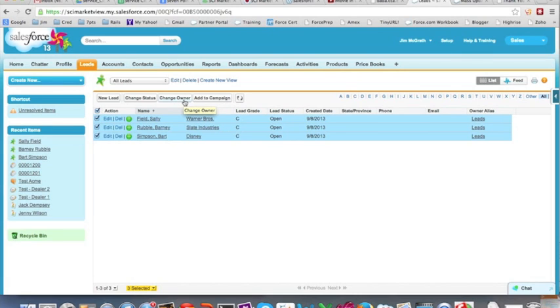Now, if you don't see the Change Owner button on your list view screen, that means that your profile is not allowing you that permission. So you're going to need to talk to your system administrator and ask them to give you the Transfer Leads permission, which will then give you the ability to do this. So just click on the button,